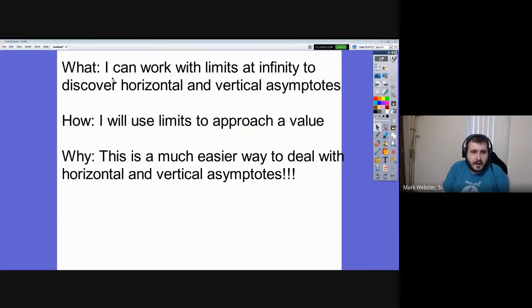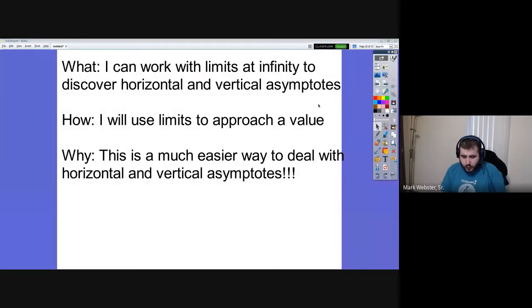What are we going to be doing today? We're going to be working with limits at infinity to discover horizontal and vertical asymptotes. And so a lot of what we're doing today is going to feel a little bit like review, I hope. The only difference between what you would have done in pre-calc and what we're going to do now